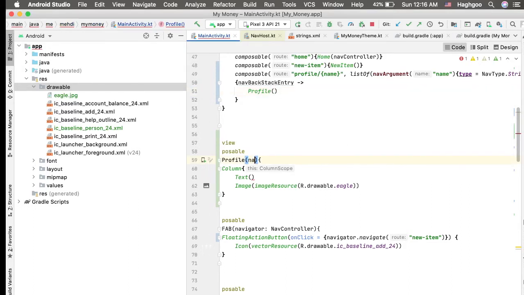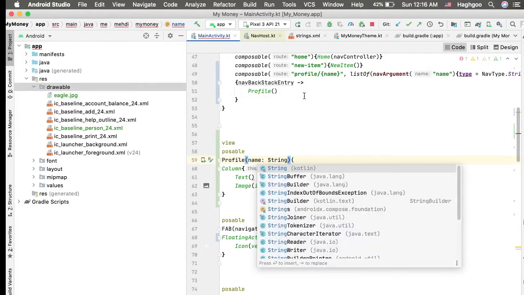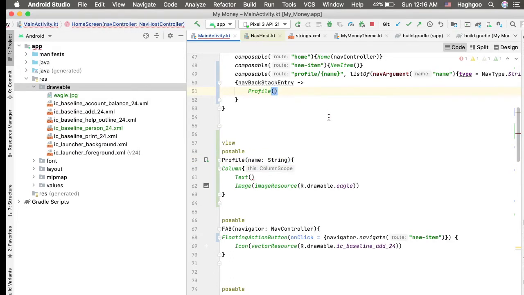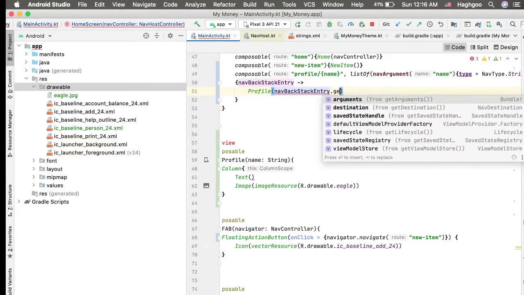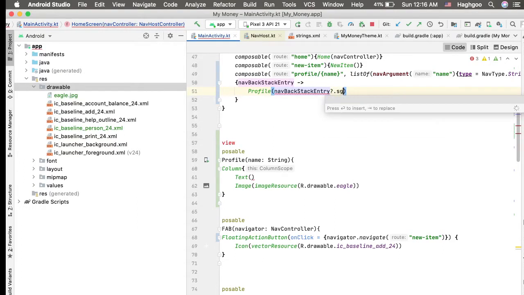Yeah, let's give it name, string, argument, and backStackEntry. Now backStackEntry, get a string, getString, arguments, first arguments, and then nullable getString. The name is name, the name you are supposed to get,